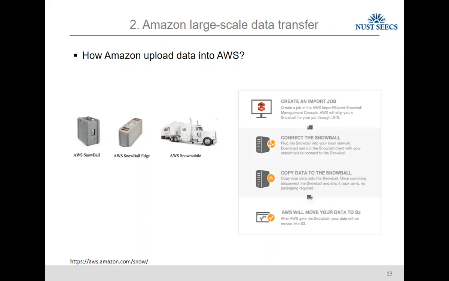Right? So these are big containers. When you want to transfer your data from your organization to the cloud data center, you have to request this device. You have to register for the device by creating an import job. Once you get the device, you can connect it to your network and transfer the data, and after copying the data, you have to ship the device back to the data center, where Amazon will copy your entire data to S3, so you can perform your machine learning analysis or whatever you want there, right? So these two are the encouraging factors.